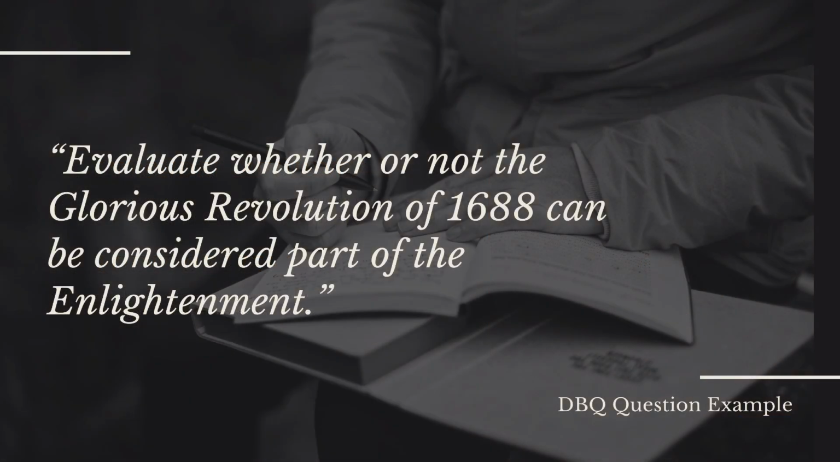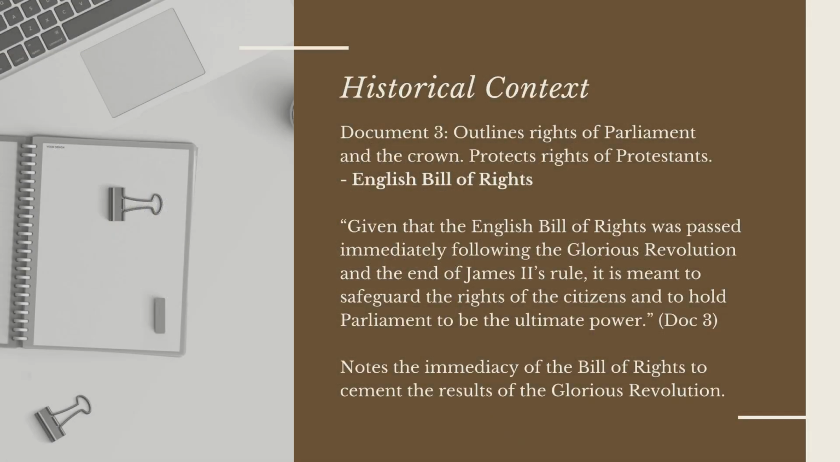The DBQ question example for today will be: evaluate whether or not the Glorious Revolution of 1688 can be considered part of the Enlightenment. Okay, so let's go over historical context. The document is the English Bill of Rights, which outlines rights to Parliament and the Crown and protects rights to Protestants. Given that the English Bill of Rights was passed immediately following the Glorious Revolution and the end of